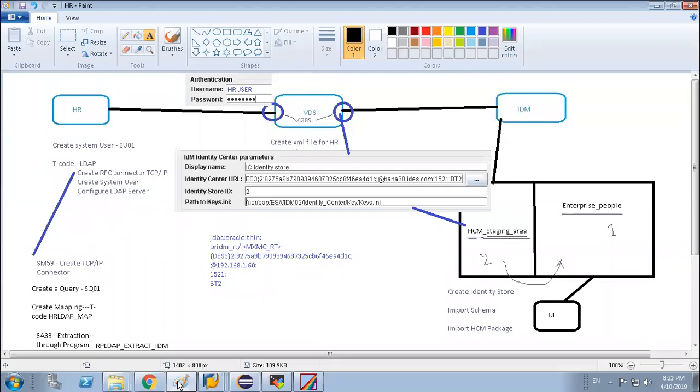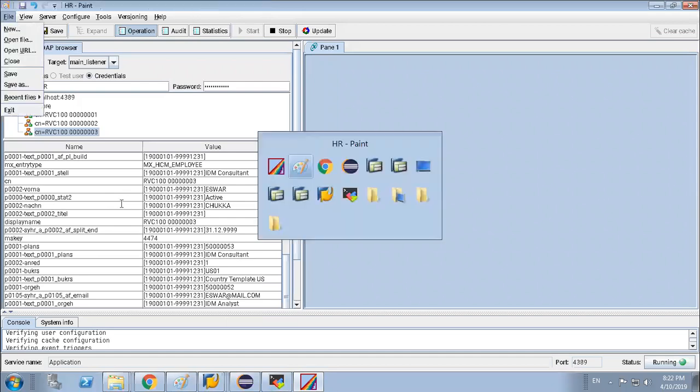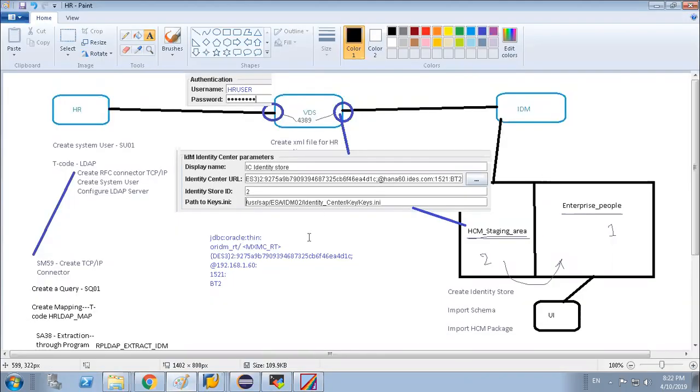VDS. Sorry, not you, I'm asking Chandra. Yes, so once the program is triggered, the data will first go to VDS. So in the VDS, we can see the data, correct? Yeah.